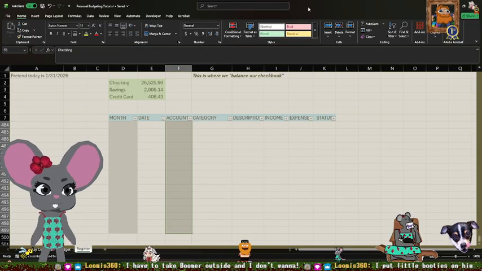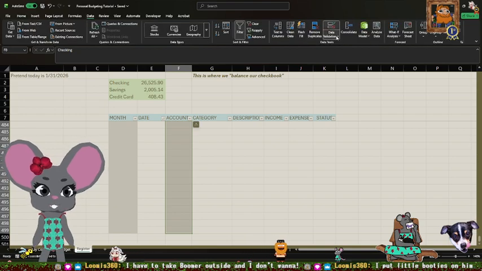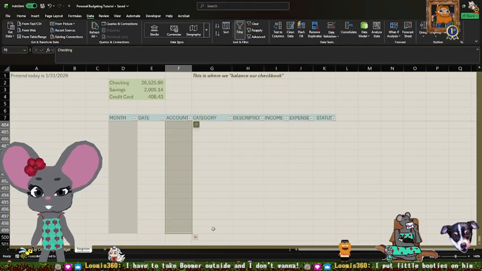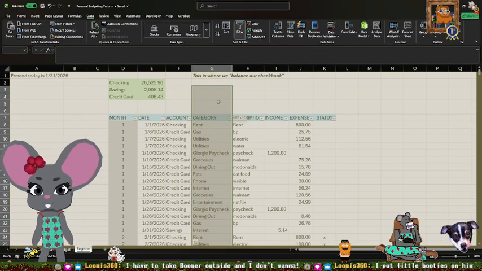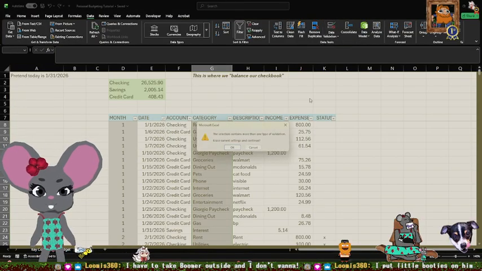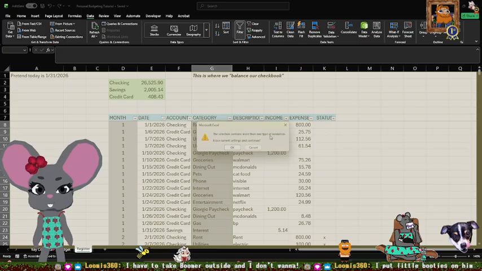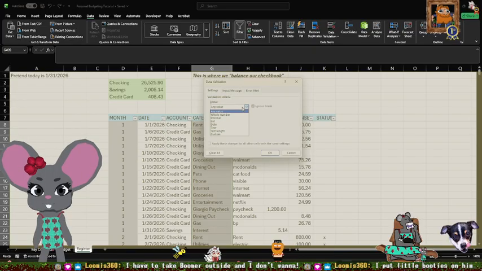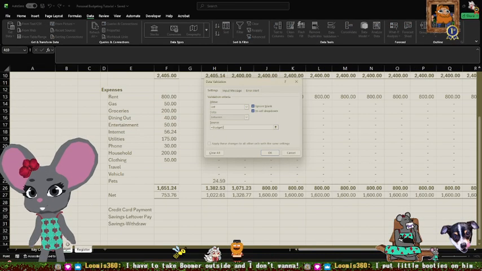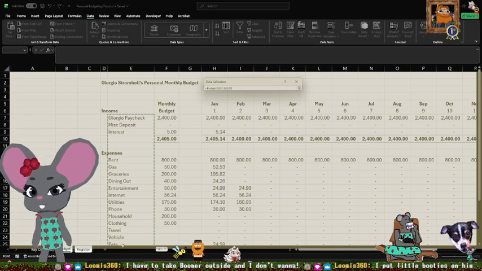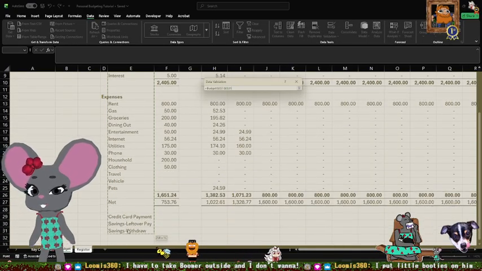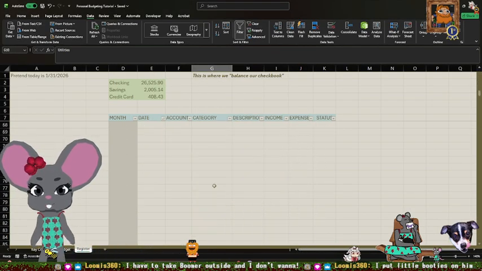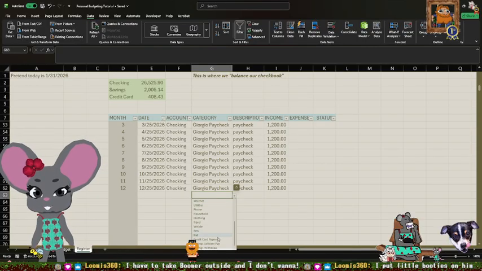So we're going to come back over here, and we're going to change our data validation to include those new categories. We're going to go to data validation, and oh, I selected the wrong column. The selection contains more than one type of validation. Erase current settings and continue? Yeah, I guess. List. Over here, select all these. Okay. So we should now have an option. Yep, it includes those.